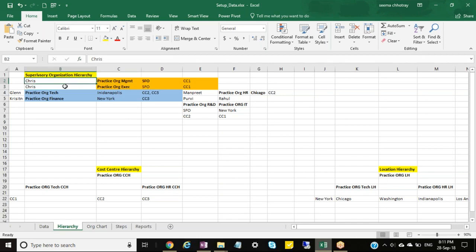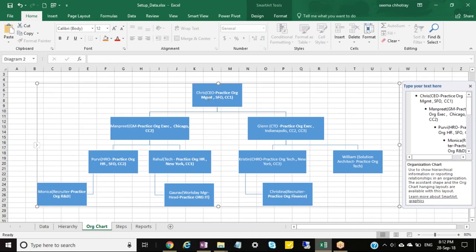Does Chris belong to practice of exec, or is Chris the manager for this practice of exec? He is the manager of this. Okay, so he is the manager for practice of exec, but he belongs to practice of management. Yeah, because as I told you, the manager is always hired one level above. Okay, okay. So that means,